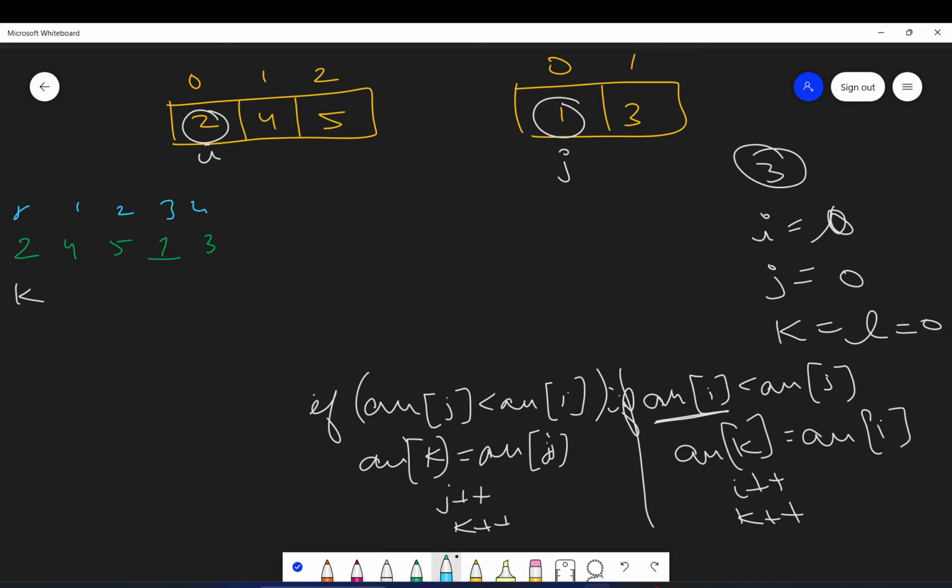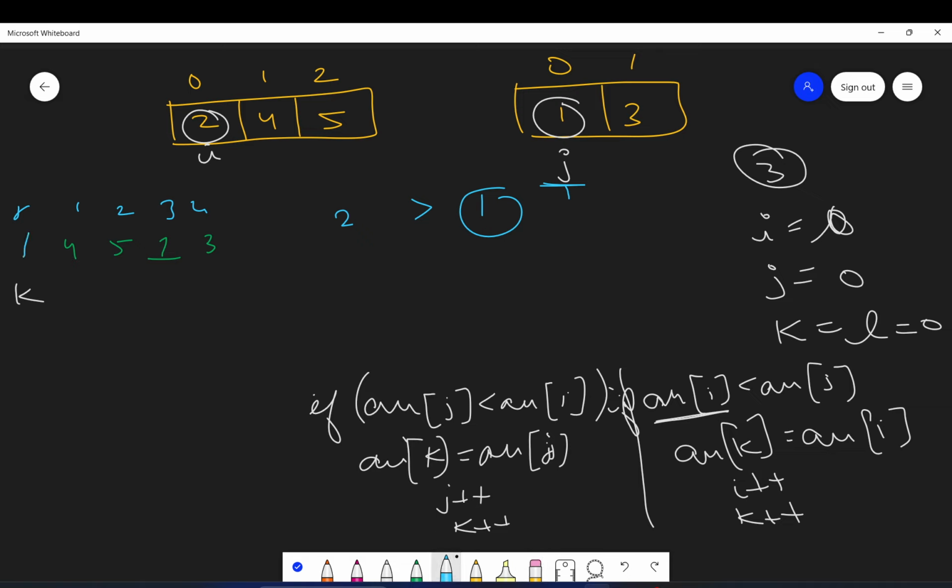See, here ARR of I is 2 and ARR of J is 1. ARR of J is less than ARR of I, right? This is less. So this value we will put here. Okay, this value we will put at ARR of K.